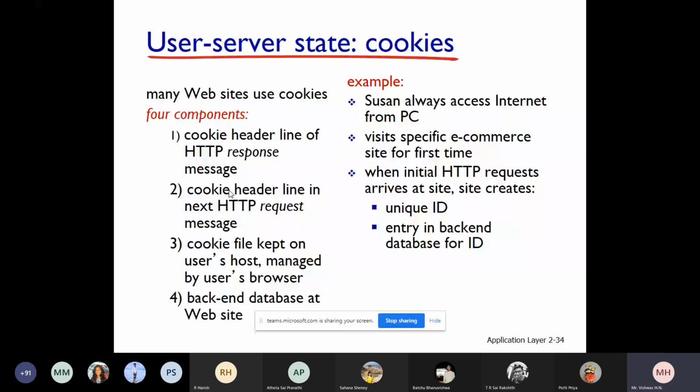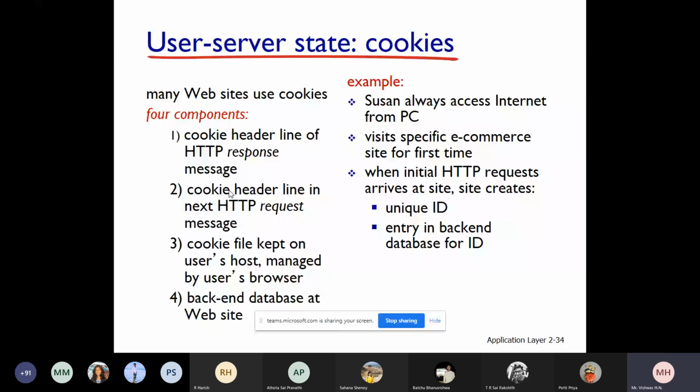Okay, so where these cookies are stored and how cookies actually store that state information, we are going to discuss now. Say, for example, today you are visiting the Amazon website from your system for the first time.